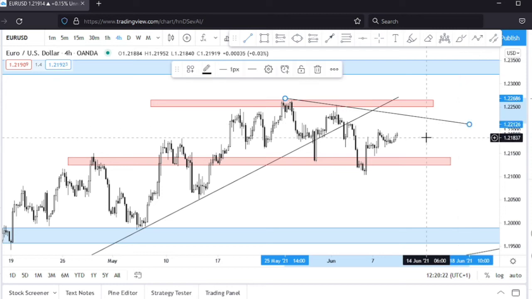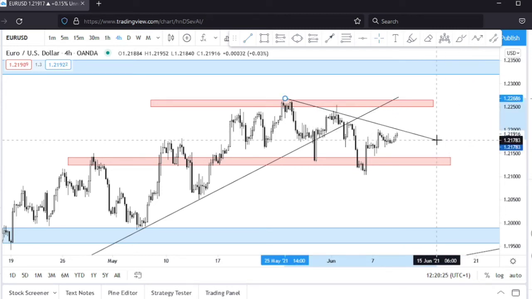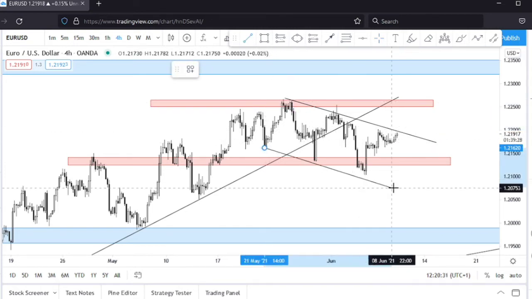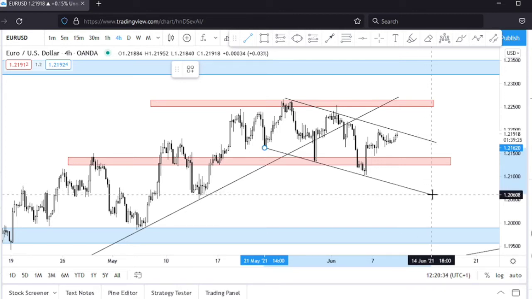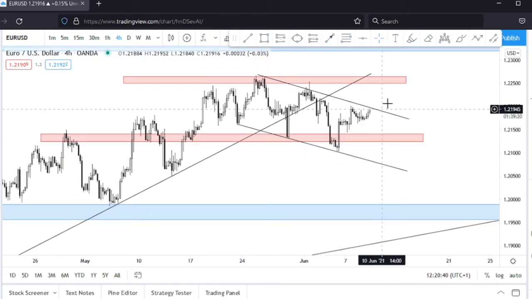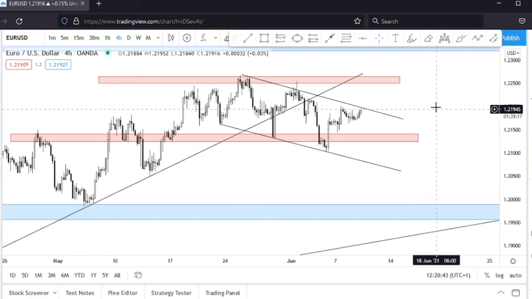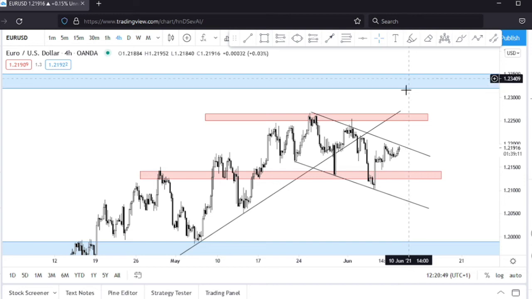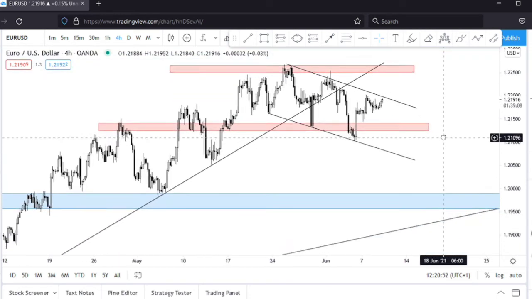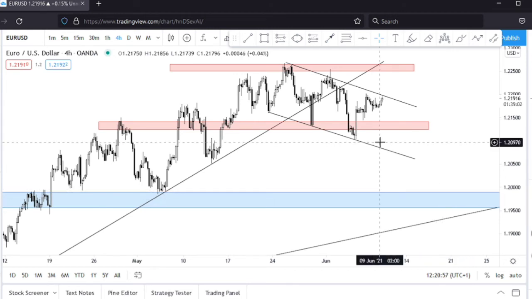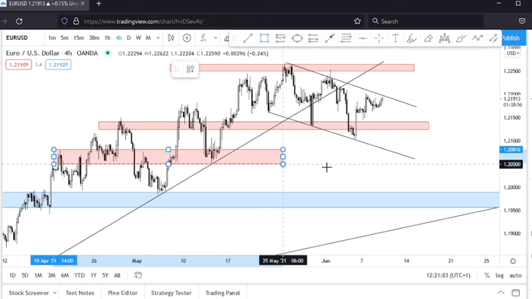I can draw this trend line downwards, or I can draw it here as well to look for a reaction when it breaks this. And I can also draw one connecting the lower levels as well. But I wouldn't necessarily trade this setup. I would wait for the EURUSD to either break this daily resistance over here, or get to the daily support level down here